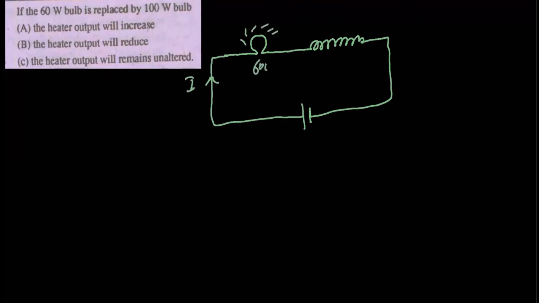This is my 60 watt bulb, and this is the heater. So this is my voltage supply, and the electron will get energy from this supply and will move in this direction. This electron will deliver energy to this heater and to this bulb. Now if I increase this 60 watt into a 100 watt bulb,